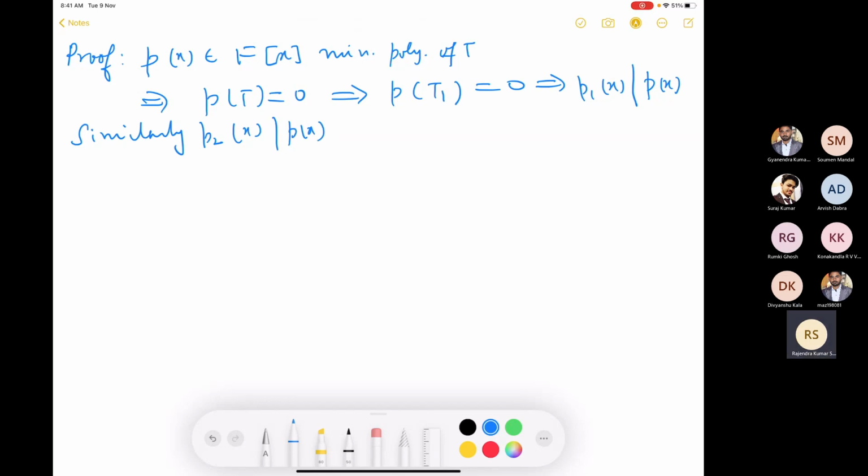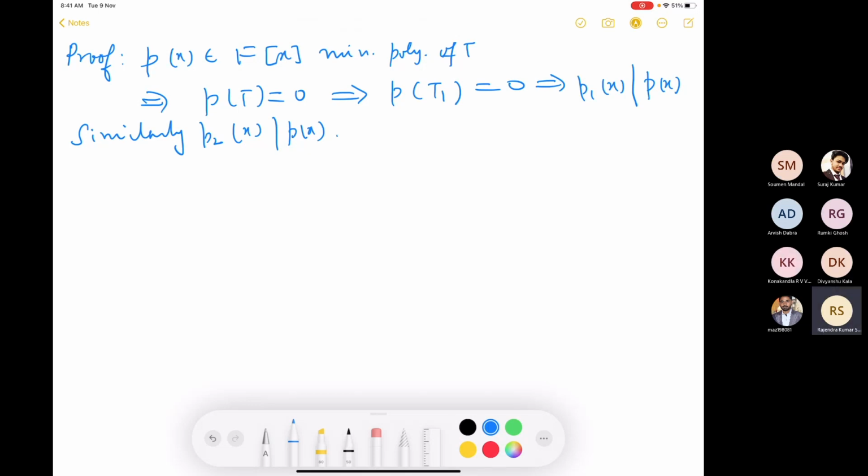if you have the LCM, say L(x), of P1(x) and P2(x), it will also divide